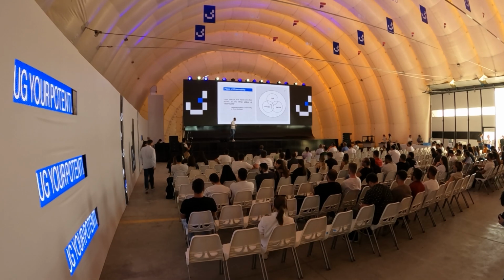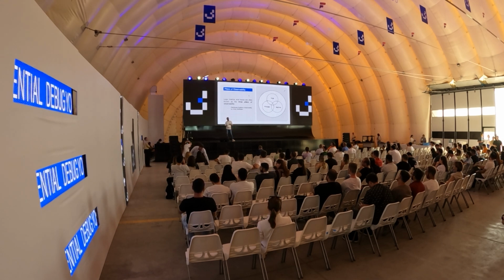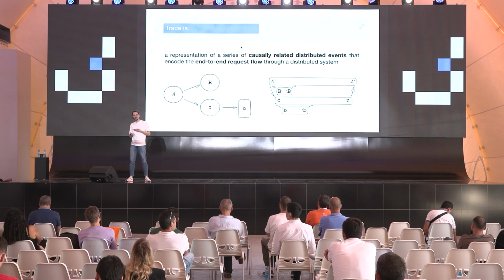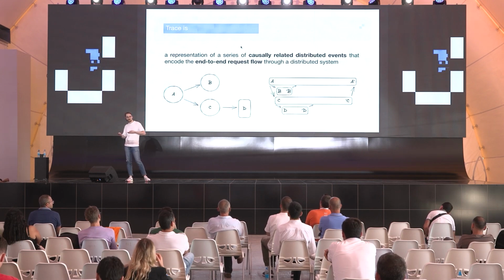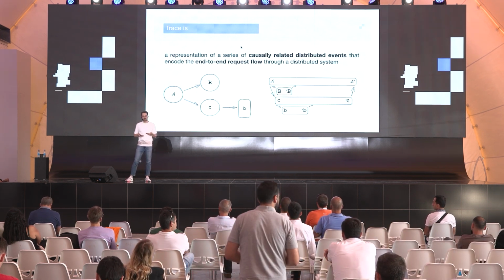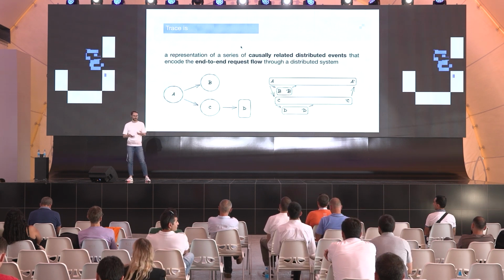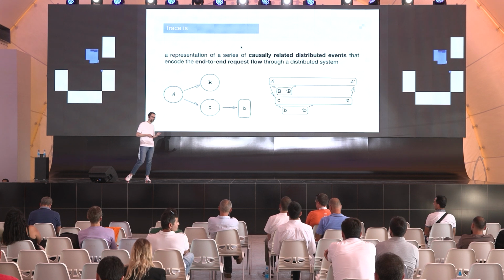Those three are often referred to as the three pillars of observability. Logs are just generic statements about events happening in the system. Metrics measure system-specific properties, while traces give request-specific insights. So let's focus on tracing. Tracing allows us to track the flow of a request through the system. It gives us an understanding of how the request is being processed, as well as timings of different operations.